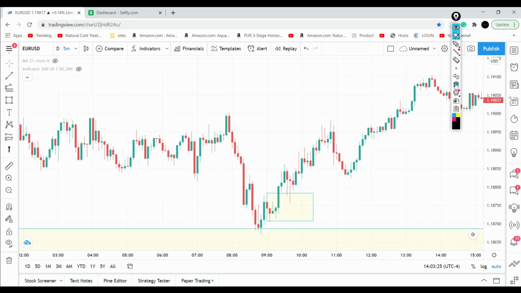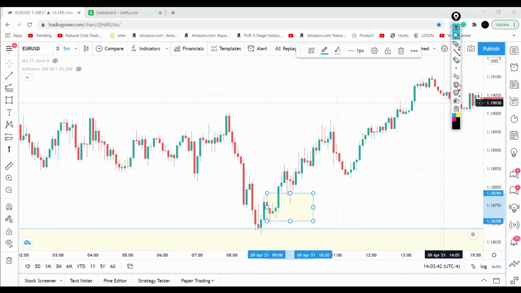Okay. The way I would get in is either as soon as it gets to the swing high, I get in with a limit. Most likely, all of my reversals nowadays, I'm getting in with a limit. Okay. I'm not really waiting for a confirmation. I'm getting in with a limit order because if this is a true reversal, and I'm only doing this on my reversal trades, not really my trend trades. My trend trades, I'm probably looking for confirmation, but my reversal trades, I'm getting in because if this is a